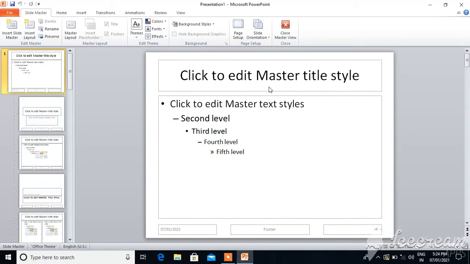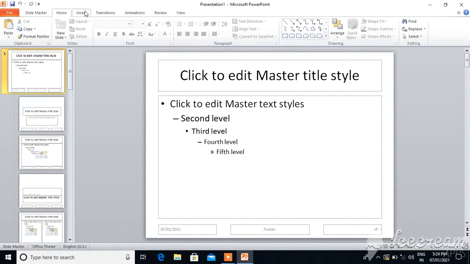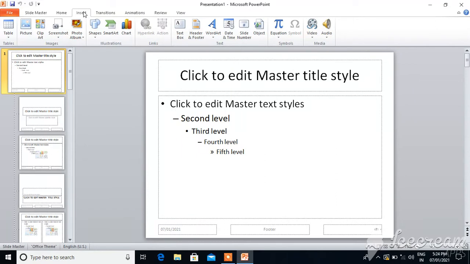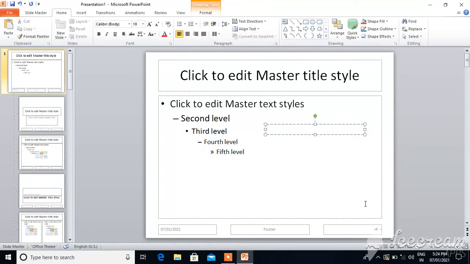Okay, for that just open the slide master by clicking on the View tab, then go to Insert. Here is a text box. Okay, click on the text box and draw a text box here. Okay, a text box is a placeholder which holds some text.